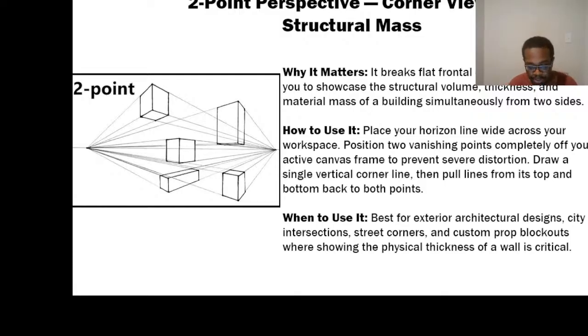Now, 2 point perspective, corner views, and structural mass. Why it matters? It breaks flat frontal compositions, allowing you to showcase the structural volume, thickness, and material mass of a building simultaneously from two sides. In other words, when you create